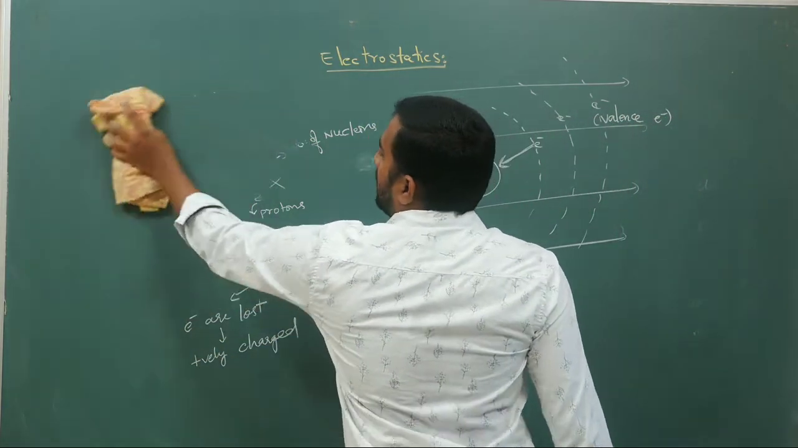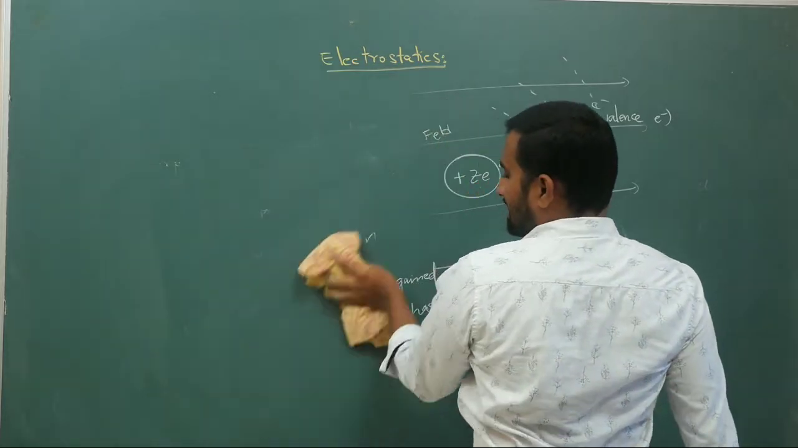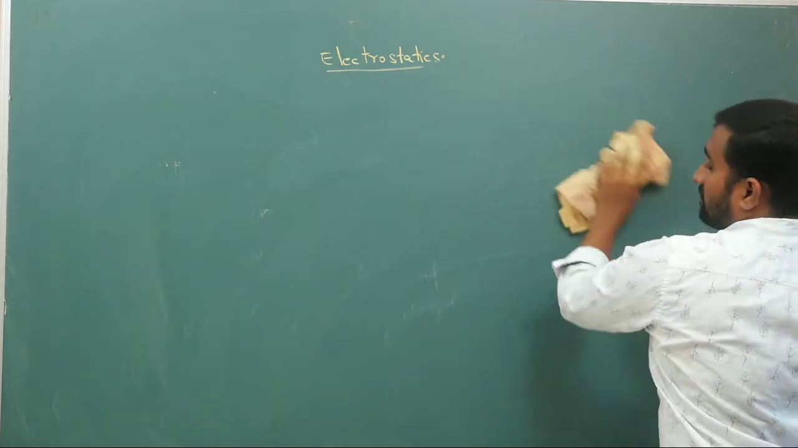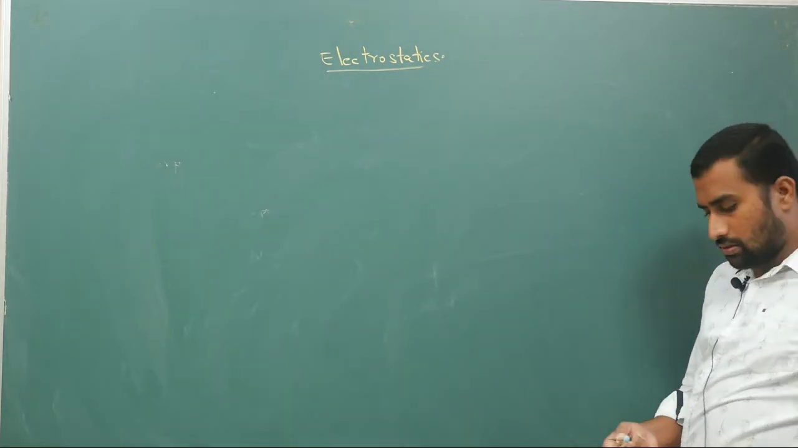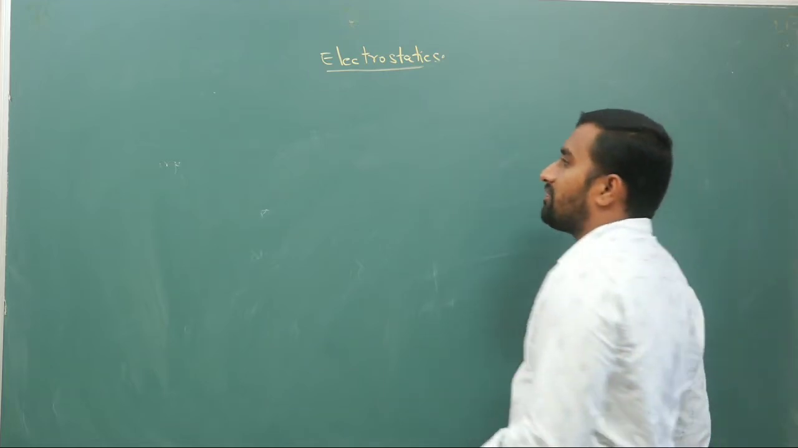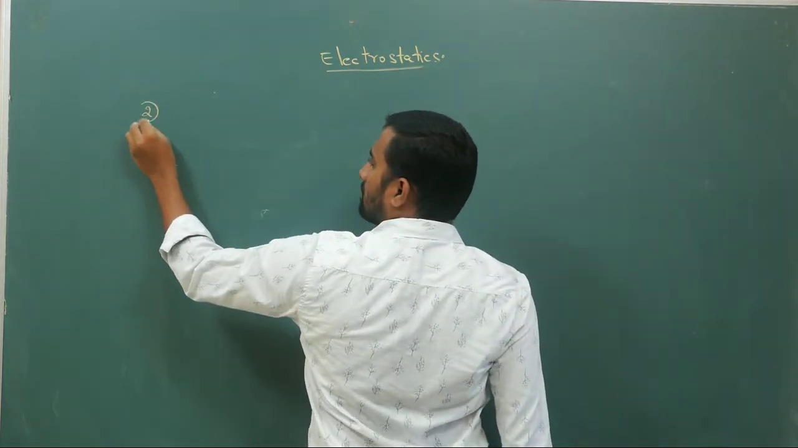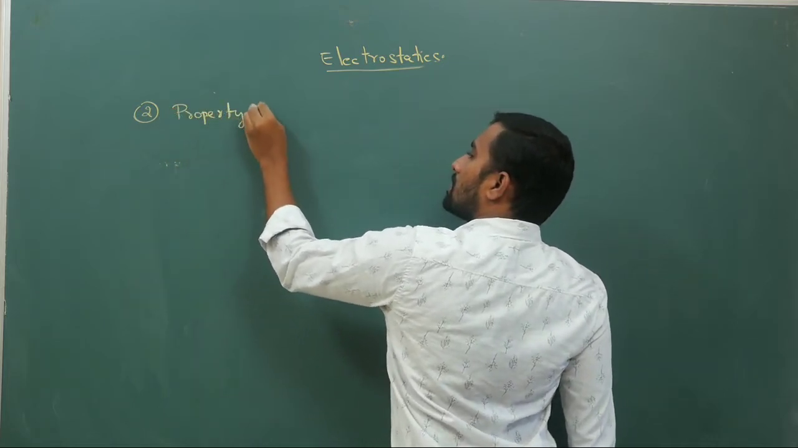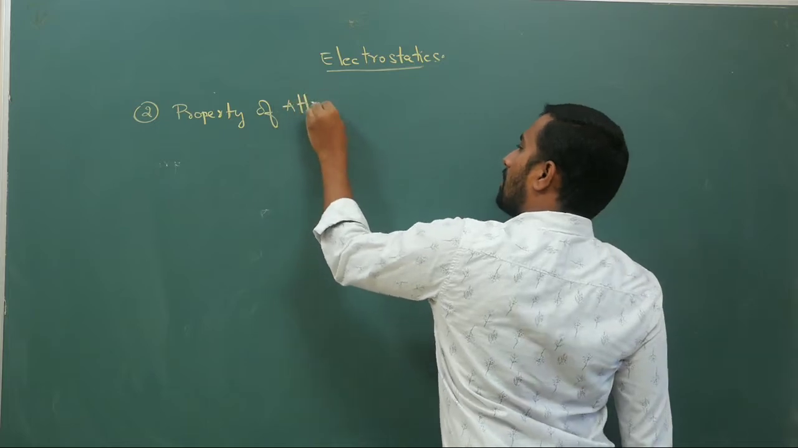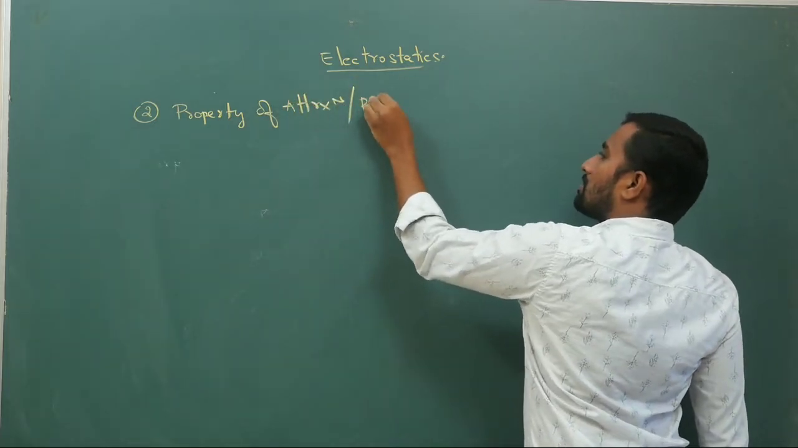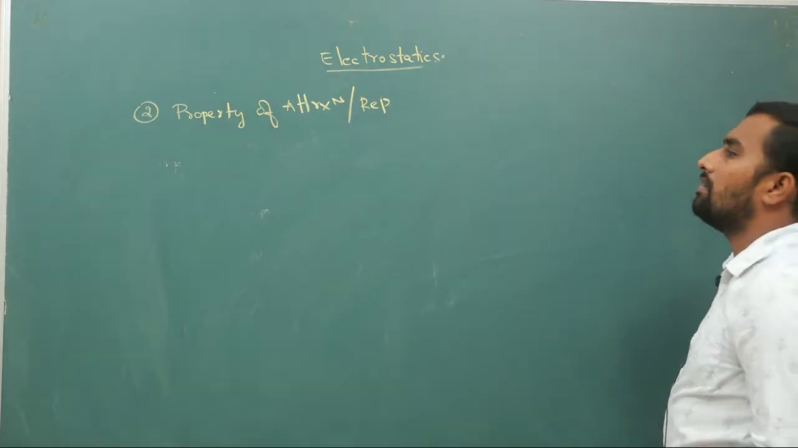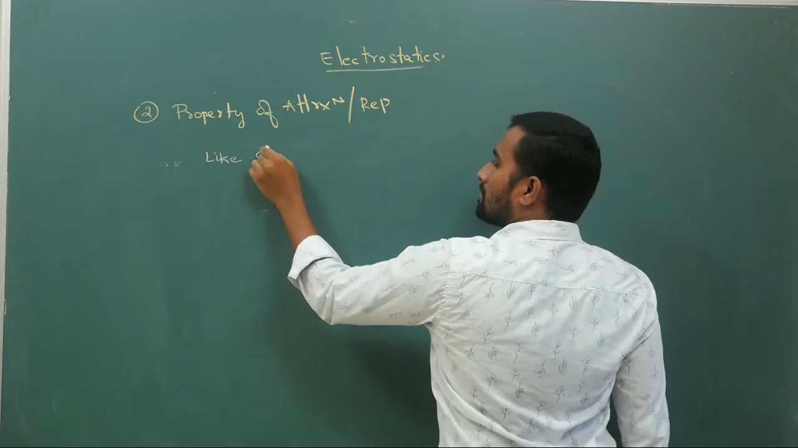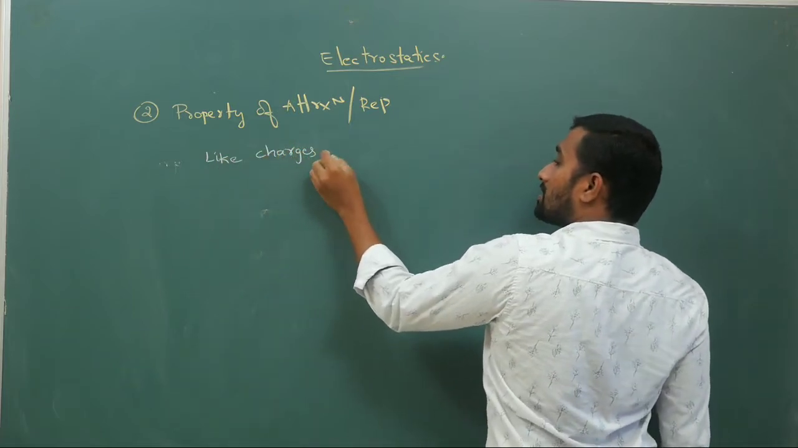Next, your second property of charge. The first property is type. The second property of charge that you have is the property of attraction or repulsion. In this I want you to understand that like charges will repel,